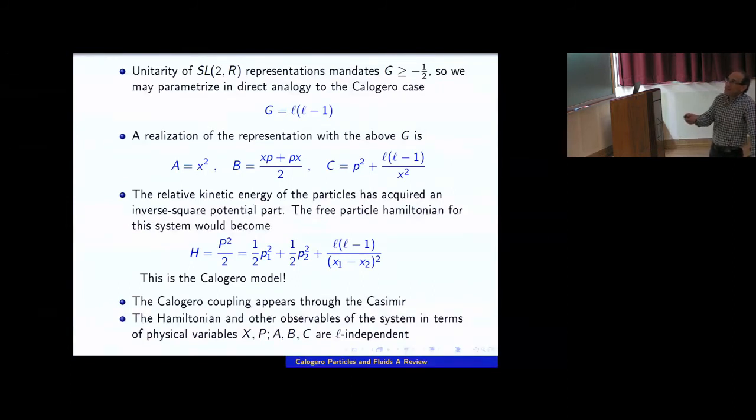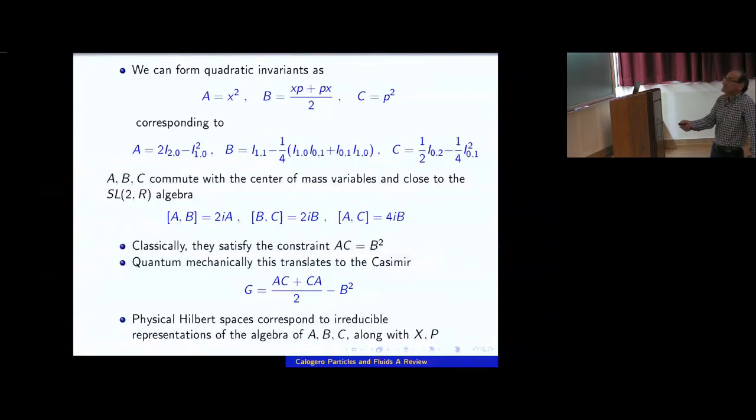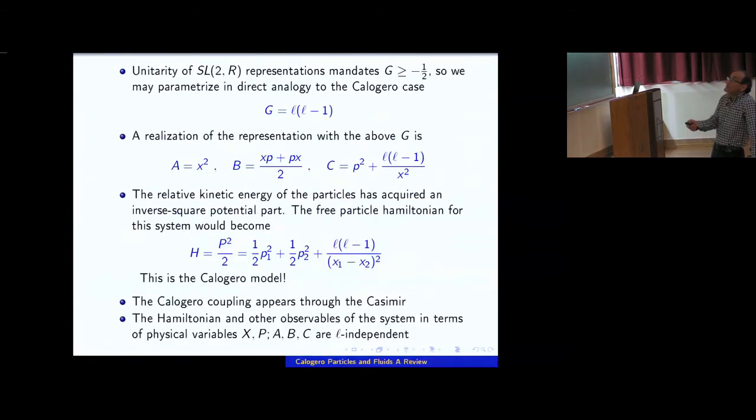If you represent A as x squared, B as xp plus px, and C as p squared plus that, then the algebra of these three operators is exactly the SL2 algebra that we wrote here. But the value of this Casimir, if you do AC plus CA minus P, is exactly this number. So what is this? These are the three observables of an identical system where what was before p squared, which would correspond to the kinetic energy, the relative kinetic energy of this system, has now become p squared plus a Calogero term. That means